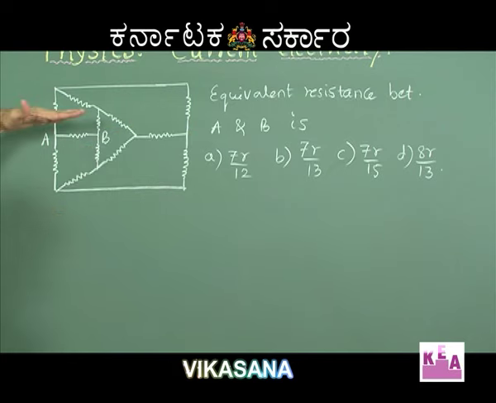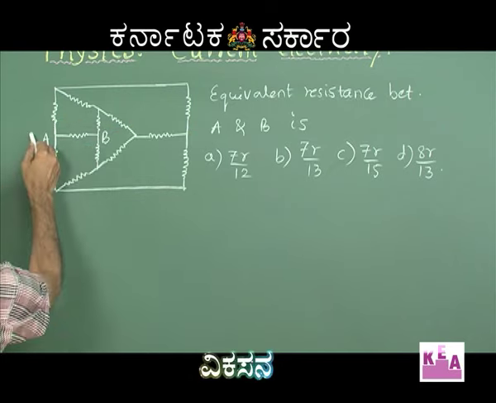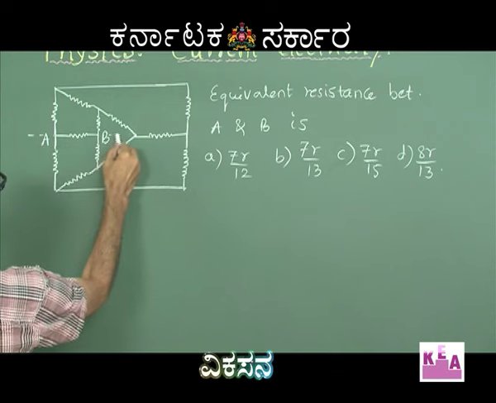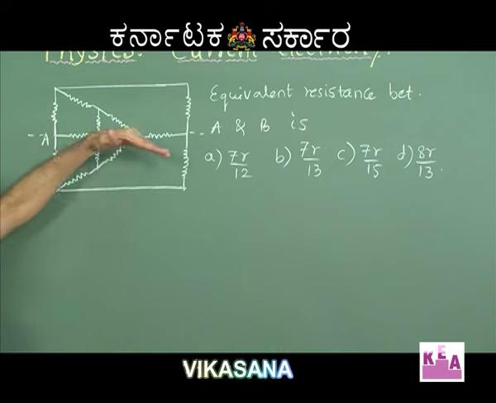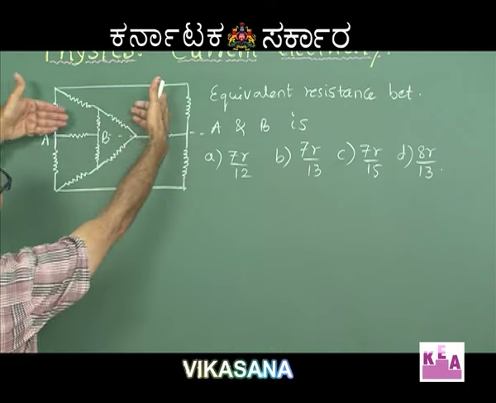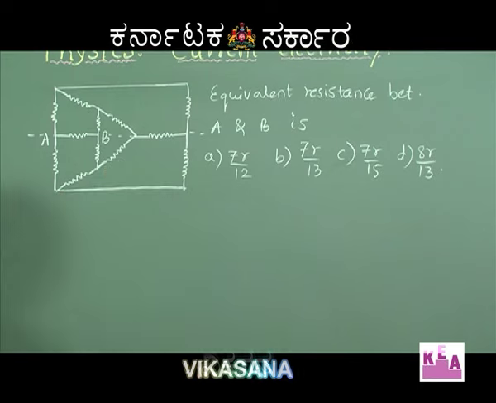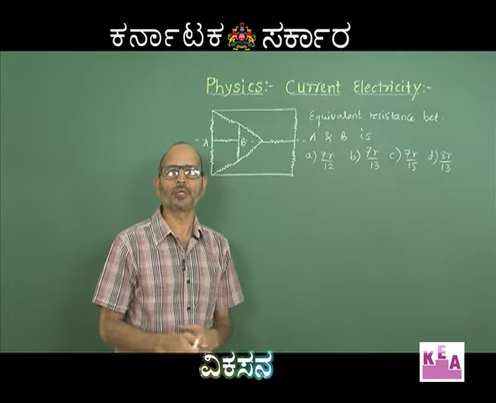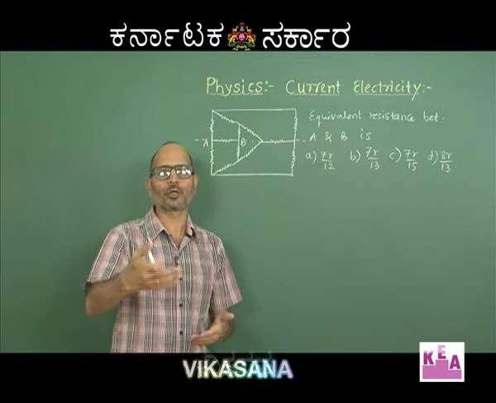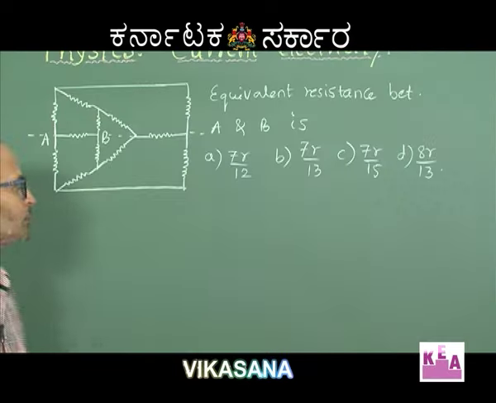Anyway, so A and B are the points between whom the equivalent resistance is to be found, and I hope you agree here that the line joining AB itself is the line of symmetry. So, you have to fold the entire network about that particular line. I am talking about that rule of symmetry wherein the line AB itself is the line of symmetry. Therefore, you can fold the network about that particular line.